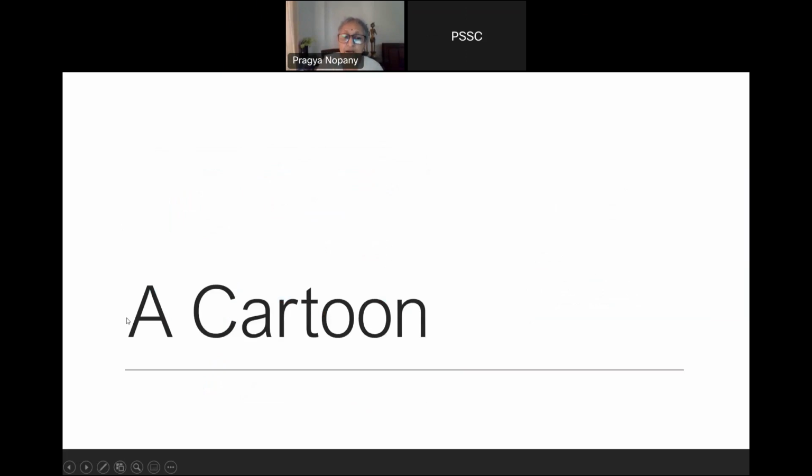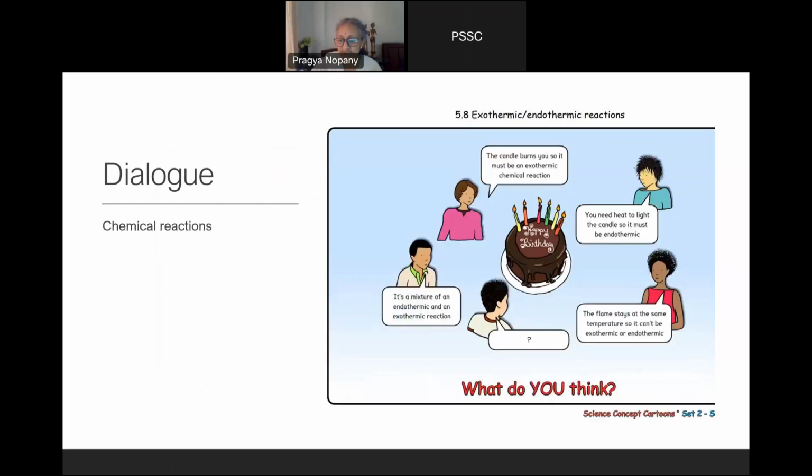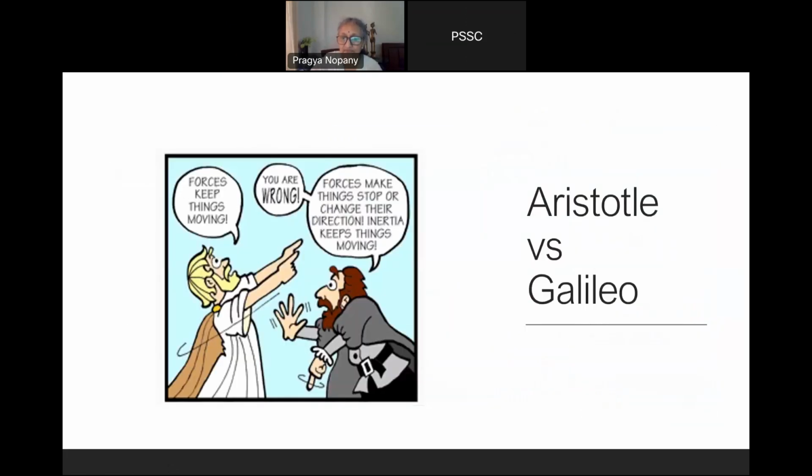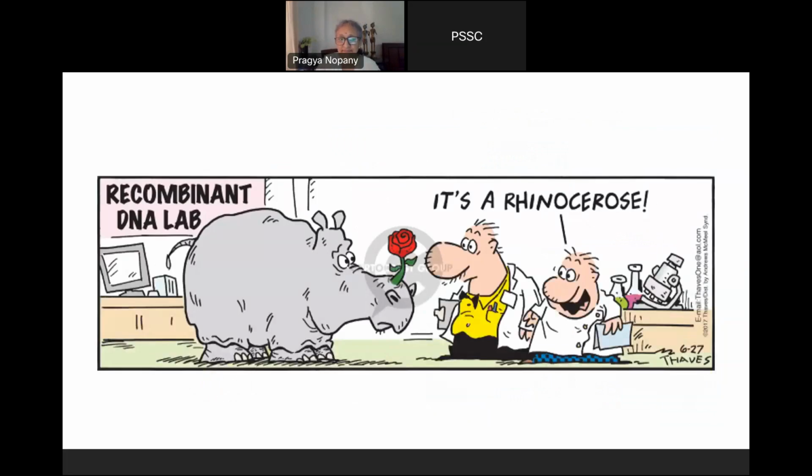Moving on further, a cartoon. In fact, what I showed you previously is also called a concept cartoon. And this is also a kind of cartoon, but then another cartoon is this one. So now look at this cartoon. I'm going to ask you in a minute with which topic you would like to put this up as a case study. Look at this very carefully and then write in the chat box under which topic you would like to take it up, with which portion of your science course you would like to discuss this.